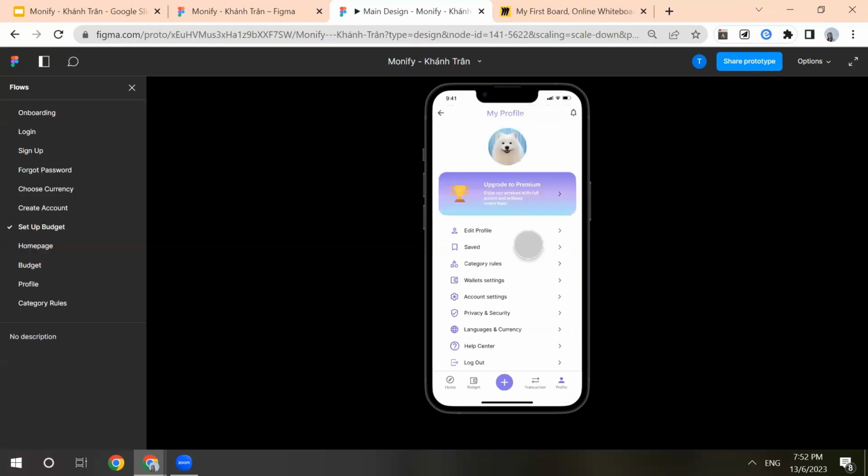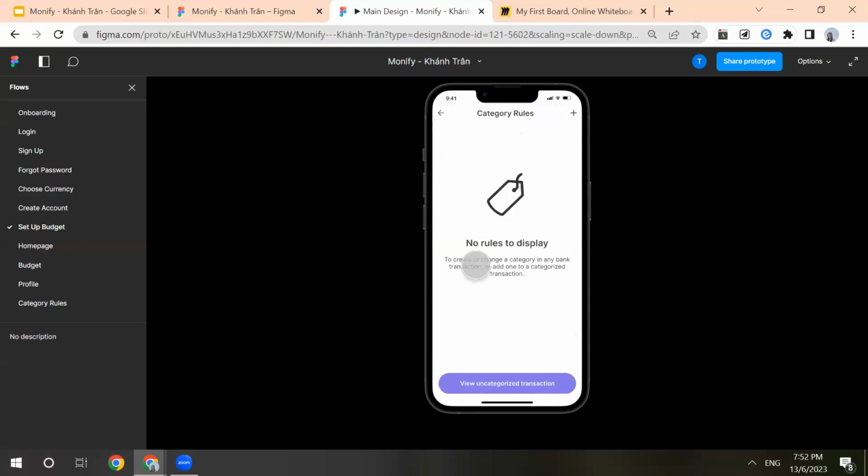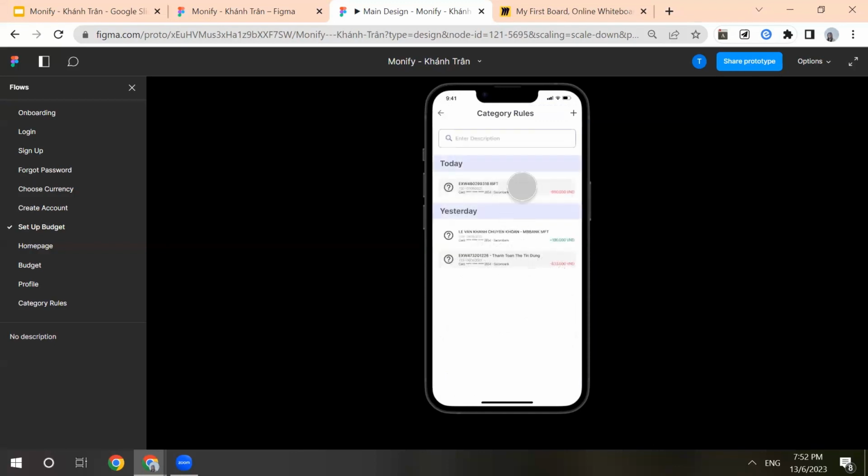And for the profile, there will be some features. As far as I researched, it's not only that you could sync the banking transactions, but there will also be some uncategorized transactions. Therefore, I created the category rules feature, and the user can view the uncategorized transactions here.